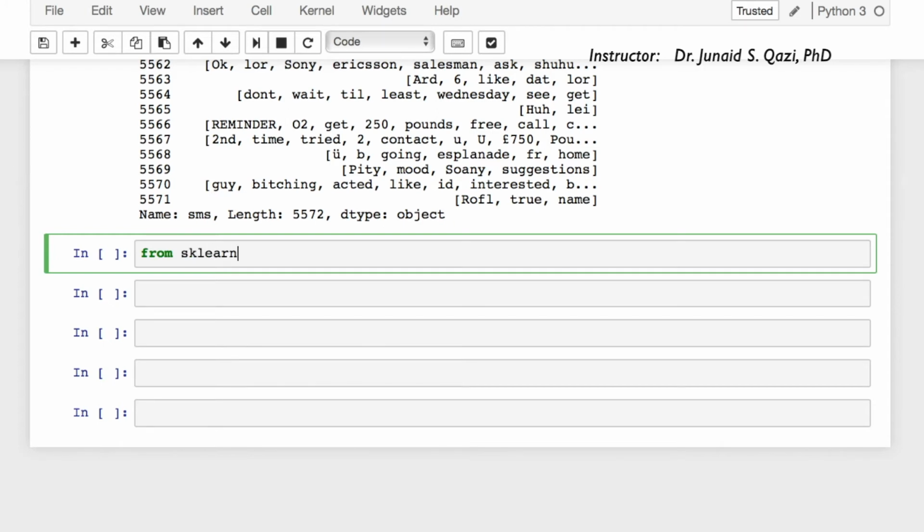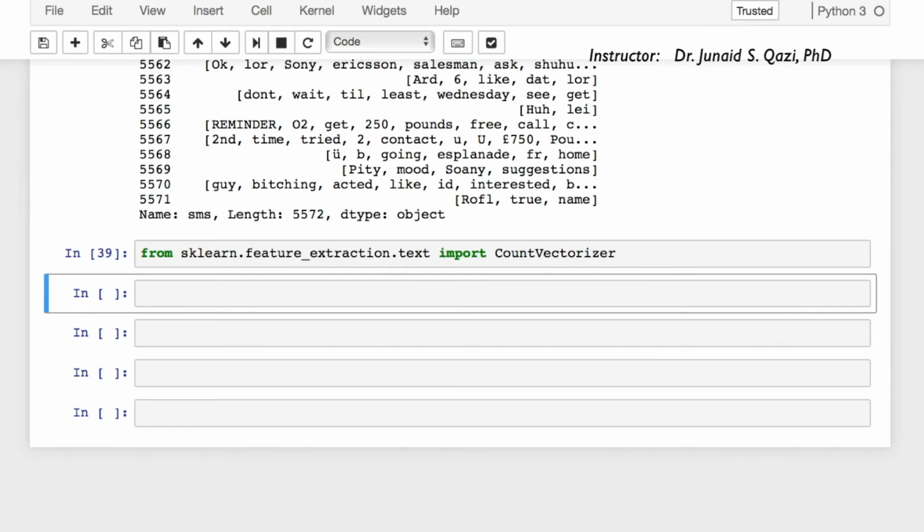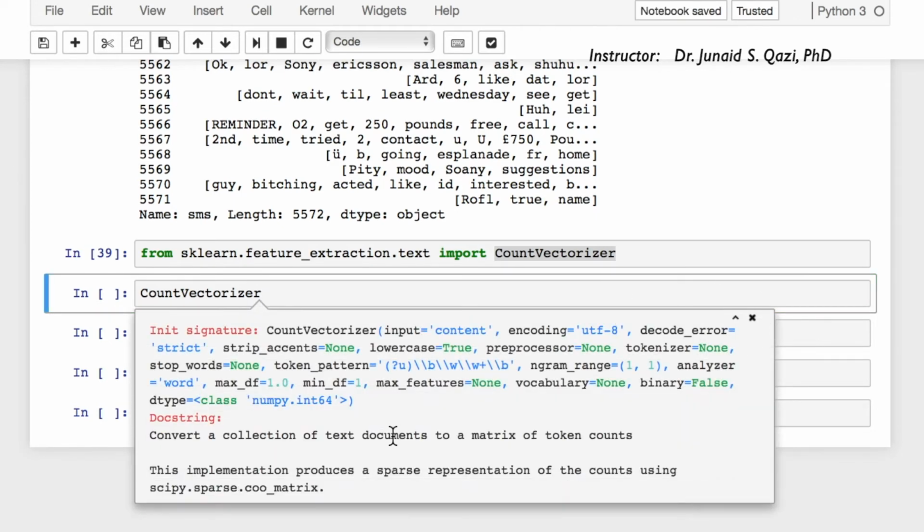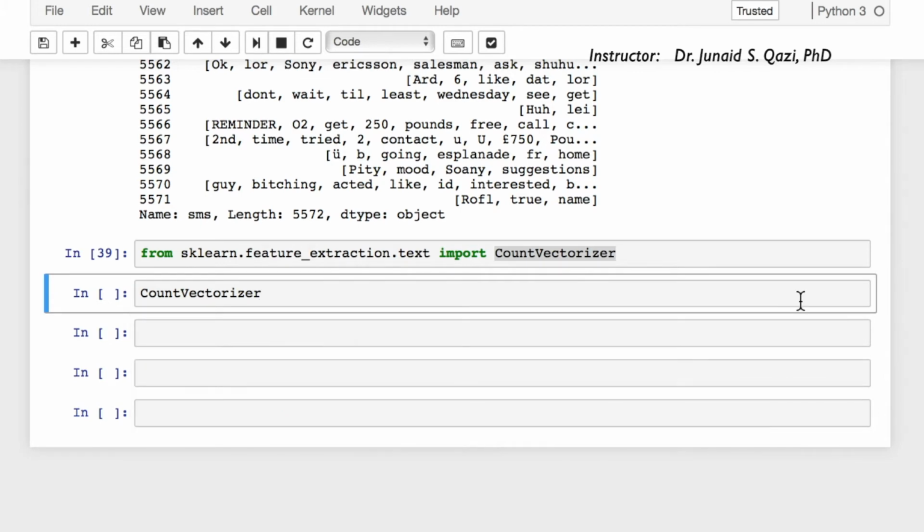Anyhow, let's move on and import the CountVectorizer now. From sklearn dot feature_extraction dot text import CountVectorizer, and let's run this cell. So CountVectorizer, and if you press shift tab, you see you have a range of parameters that you can pass in. In this case, we are going to pass in analyzer, which is our process_text function, the function we recently created. In the output, we will get bag of words after processing the text according to the